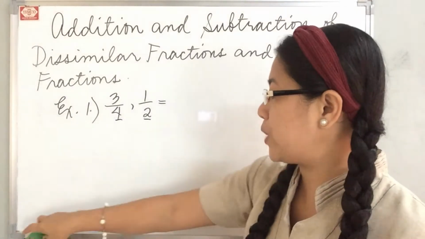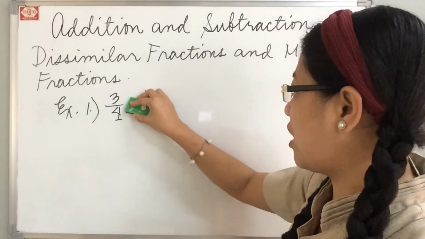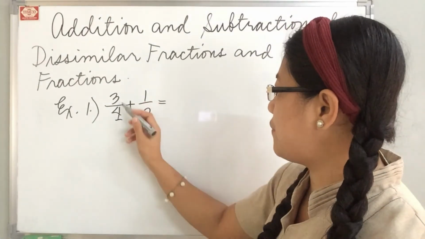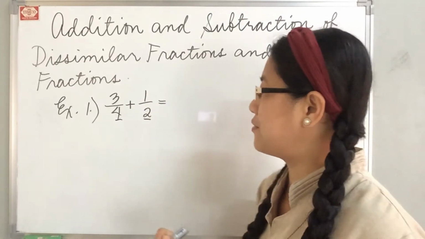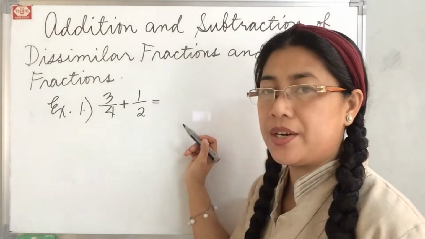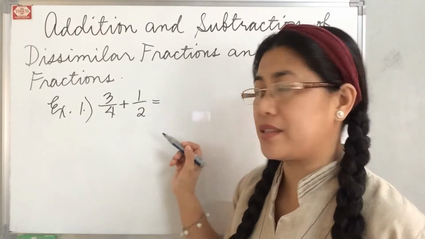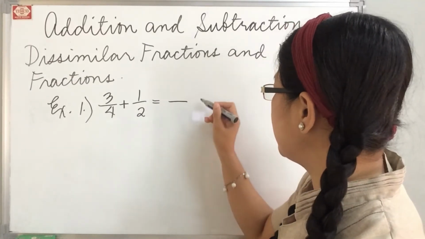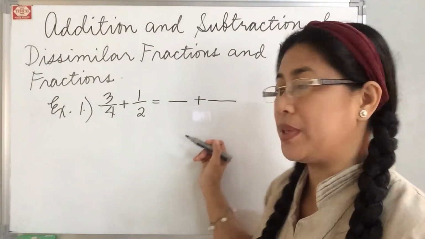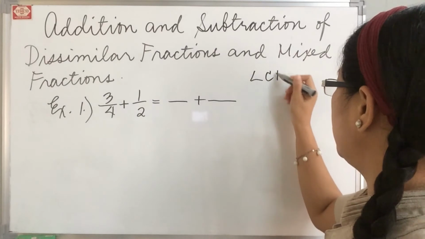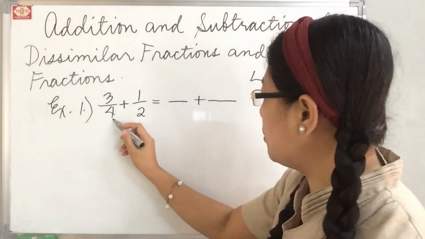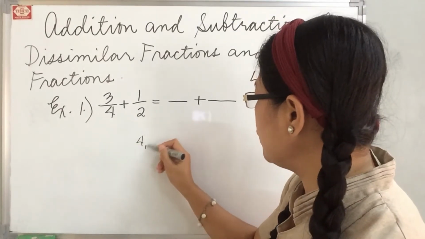Now, how do we add or subtract such kind of fractions? So let's have 3/4 plus 1/2. First step for us is to change these fractions into similar fractions. Now, how do we do that? We have to find the LCD, or the least common denominator. Now, this least common denominator, if we get numbers 4 and 2 here,